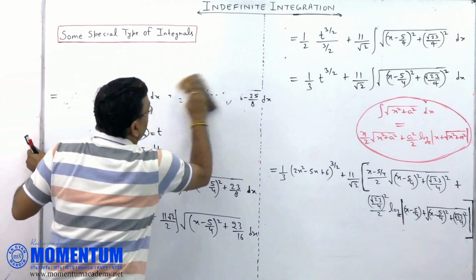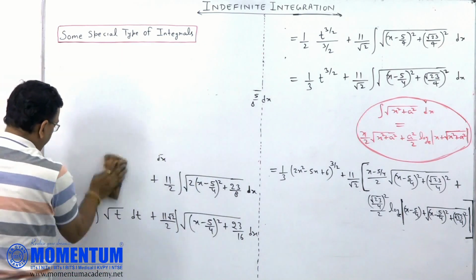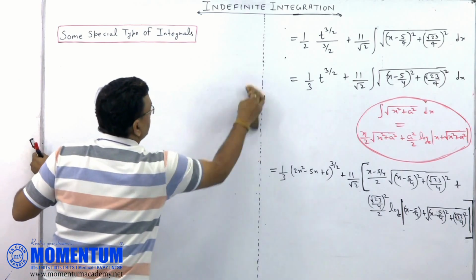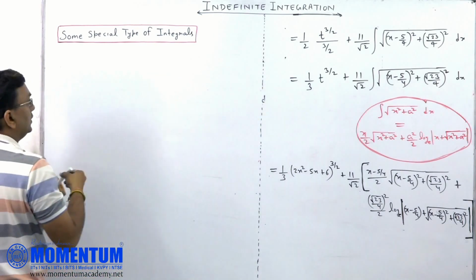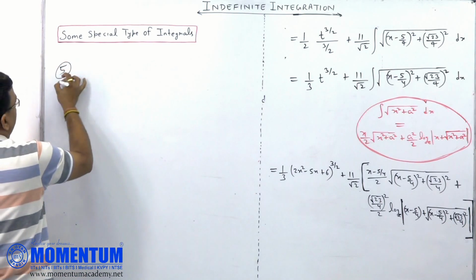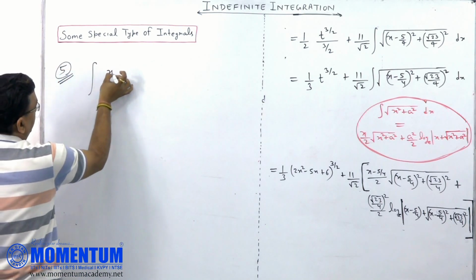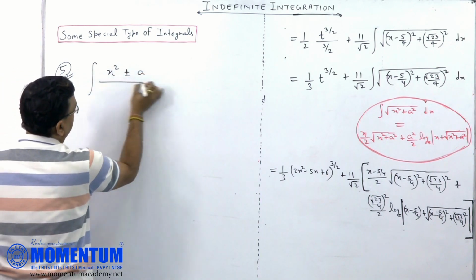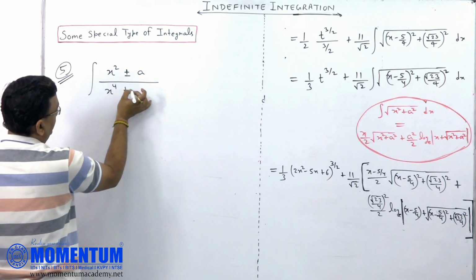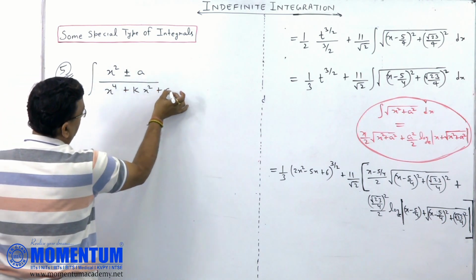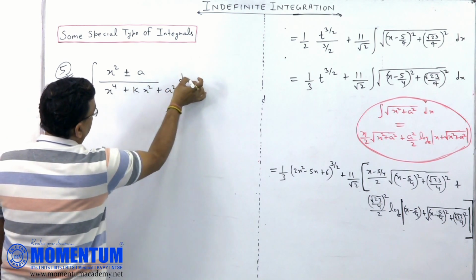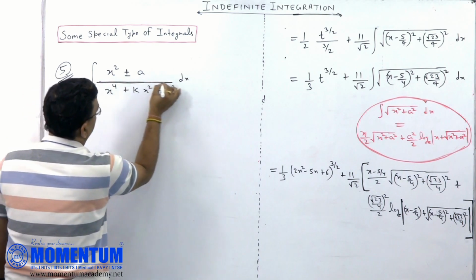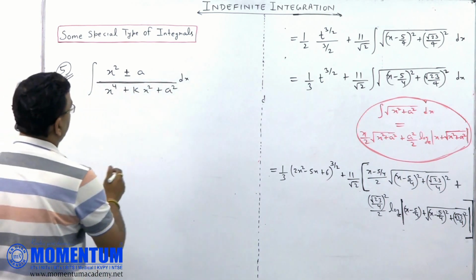And now I am coming to special integral number 5. We have special integral number 5. It is integration of x square plus minus a divided by x to the power 4 plus kx square plus a square. क्या पहचान है इस इंटीग्रल की? न्यूमरेटर हैज पावर 2, डिनोमिनेटर हैज पावर 4,